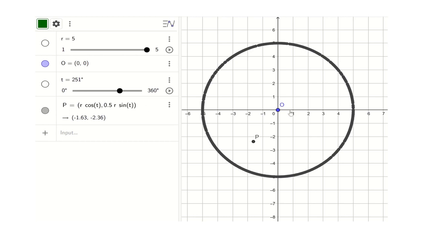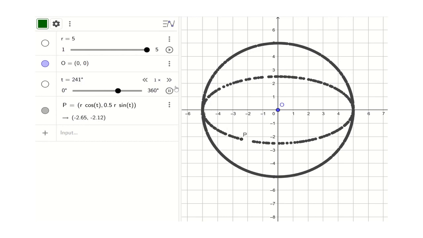Now the position of point P is changed. Now click the play button of slider T, and see now point P will trace an ellipse